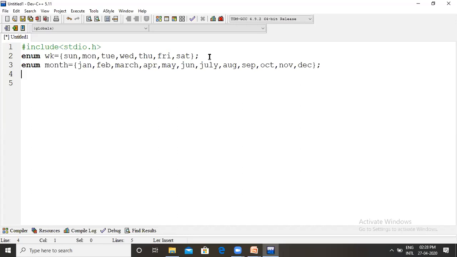Now, how can we utilize this user defined type which is declared by the user, just like week and month? Let us verify from the main program.